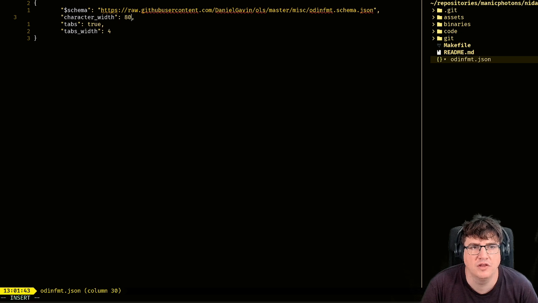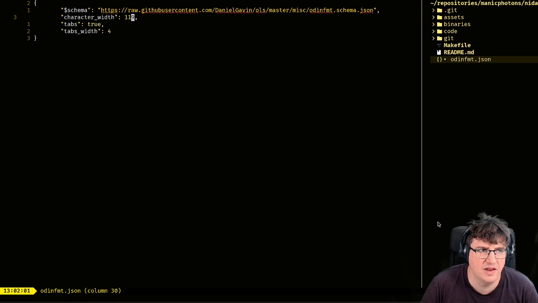I actually set this up to 119. Why 119? Because I like to use the full width of this window, and this split occurs at the 120th character.